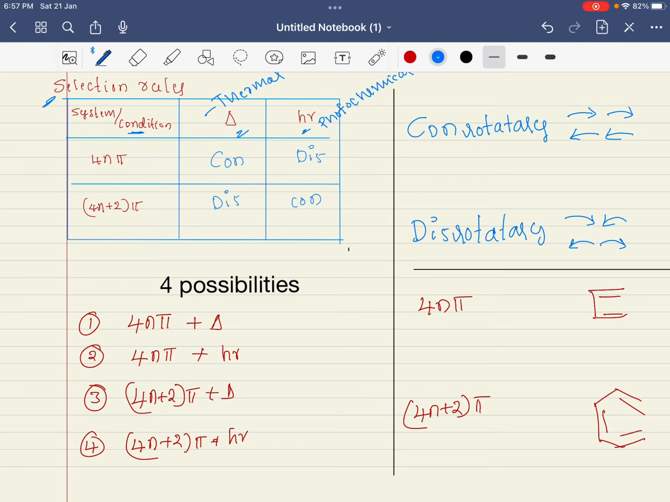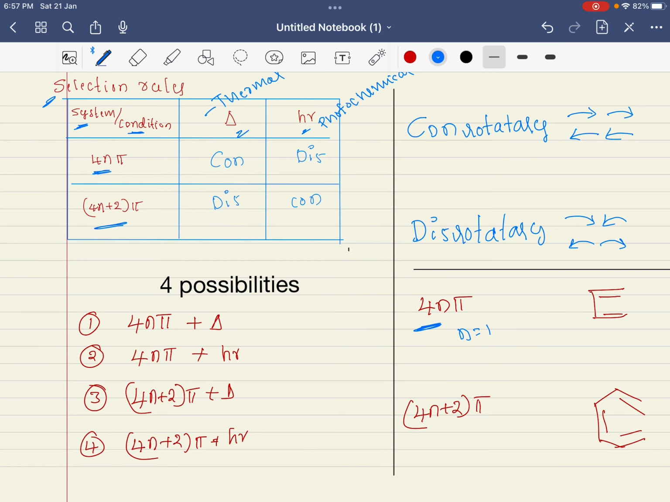Thermal or photochemical condition. Next, we'll see the systems. The system may be a 4n pi system, or the system may be a 4n plus 2 pi system. The 4n pi system we'll see first. 4n pi system means